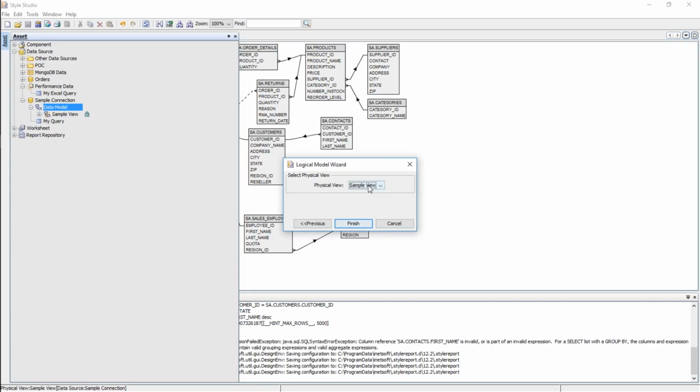Obviously here I only have one choice, but you can see the rule here is that a given logical model always relies on a single physical view, whereas a single physical view could be used in multiple logical models. So it's a kind of many-to-one relationship. I'll press finish,